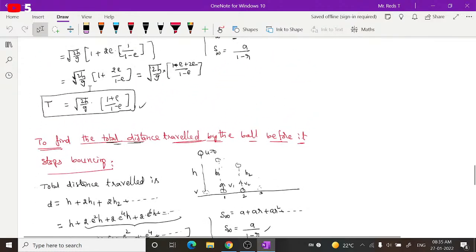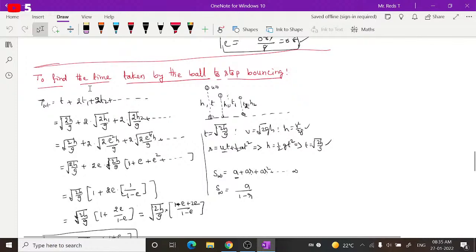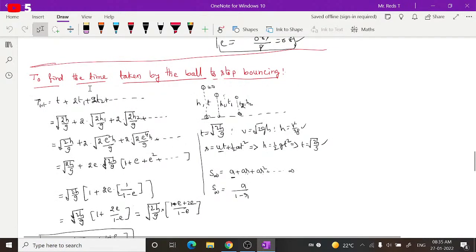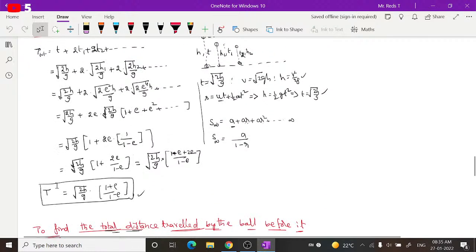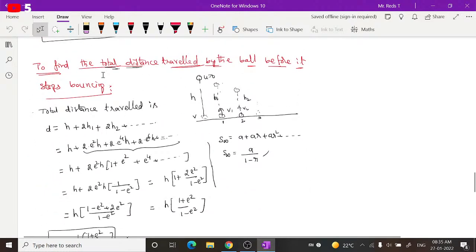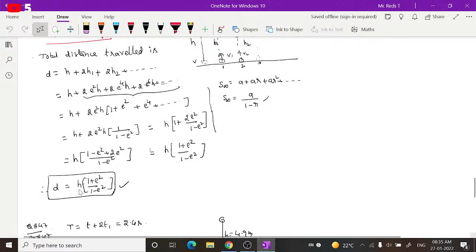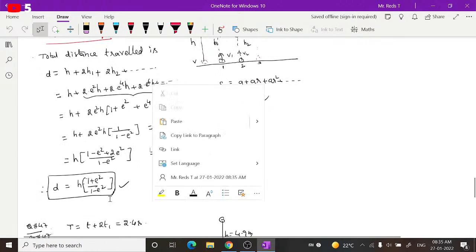How to find the total time taken by a ball to stop bouncing when you drop a body onto a surface. It is given by t is equal to square root of 2h by g into (1 plus e) by (1 minus e), and the total distance traveled by the ball before it stops bouncing is given by d is equal to h into (1 plus e square) by (1 minus e square),